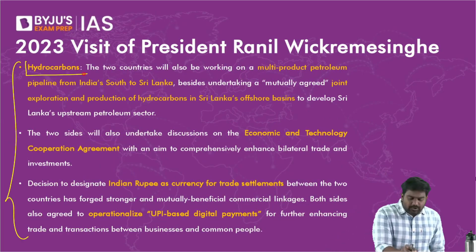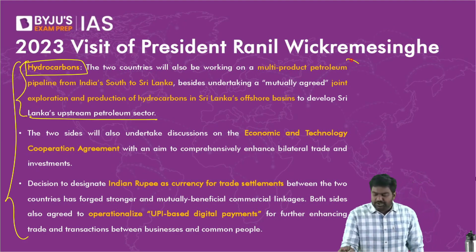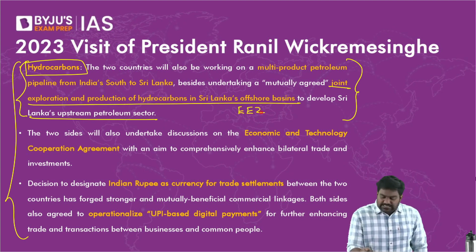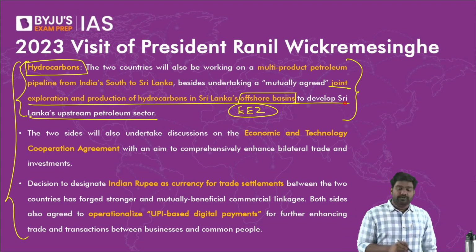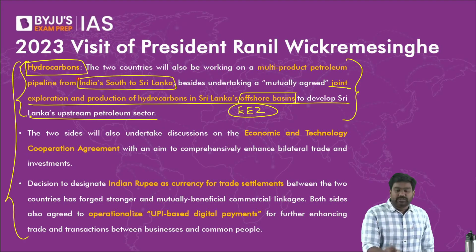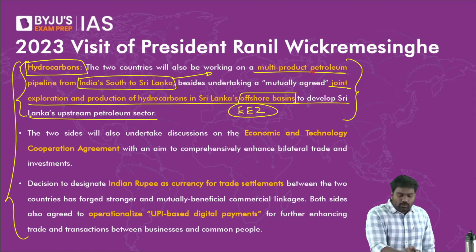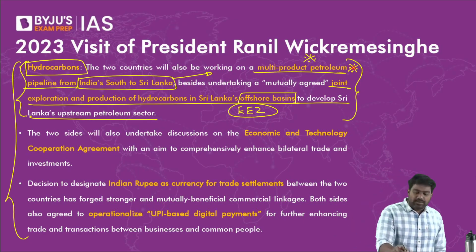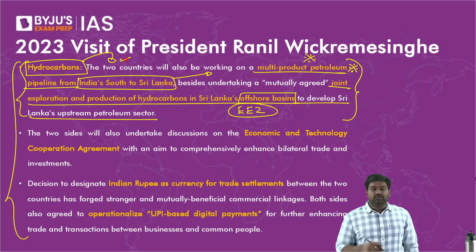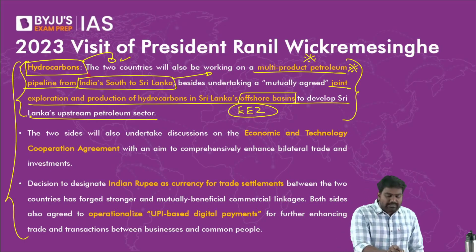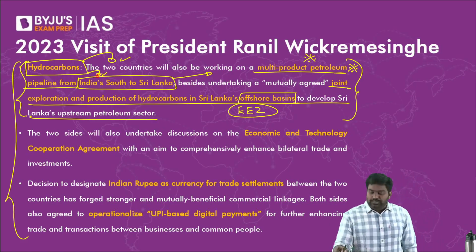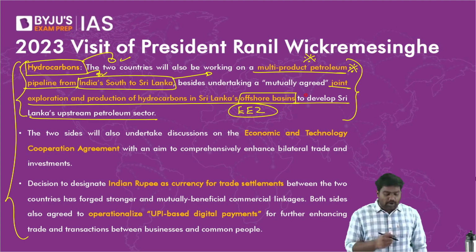We are going to step up hydrocarbon exploration and joint exploitation. As Sri Lanka has a very big exclusive economic zone, it has several offshore basins where hydrocarbons are present. So India, which has the technology and resources, will assist Sri Lanka to explore the petroleum resources, and we are also considering a petroleum pipeline that can bring oil and gas from Sri Lankan waters to India, to Indian refineries. All right, so India can produce various petroleum products and provide them back to Sri Lanka at a cheaper cost. We can export this as well. So hydrocarbon cooperation along with a pipeline and joint exploration has been a priority.